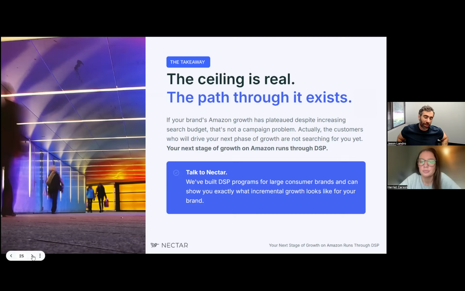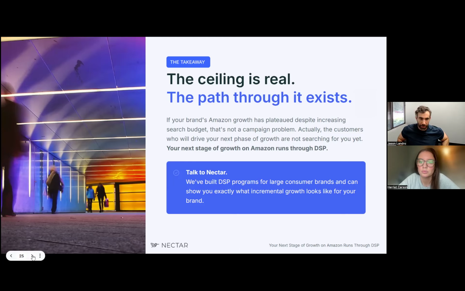Essentially, unless you're spending $150,000 to $200,000 a month on DSP, you're not going to be able to get your own seat to run it at this time. I think eventually, as Amazon leans more into its automated tools like Performance Plus and Brand Plus, they will unlock at least some direct capabilities to use the more automated DSP tools. It's just my prediction, but otherwise you have to go through an agency